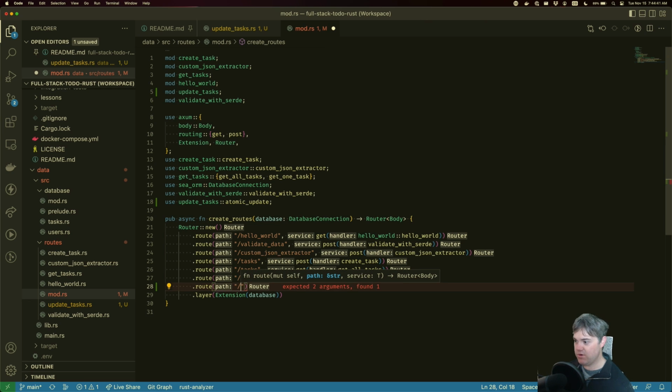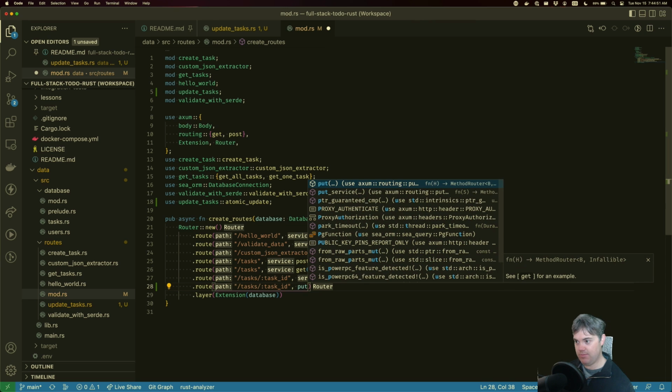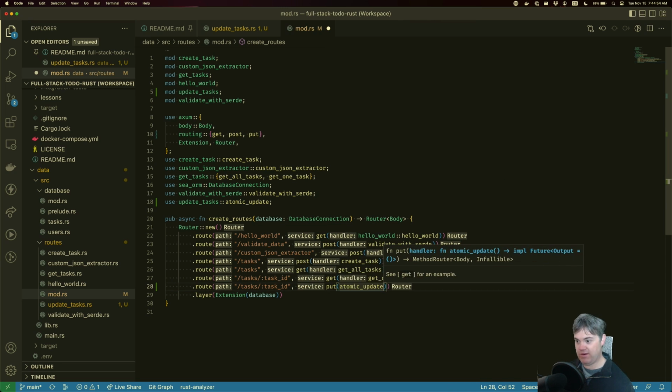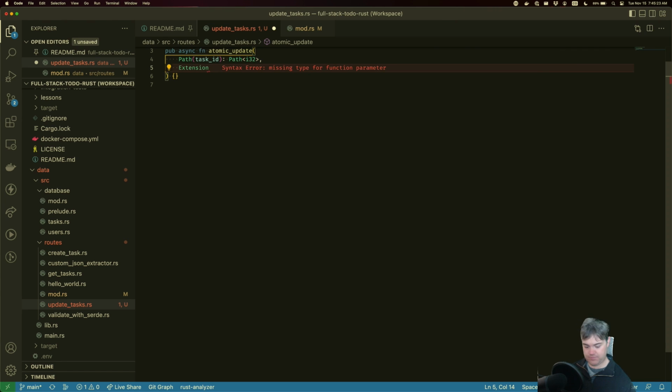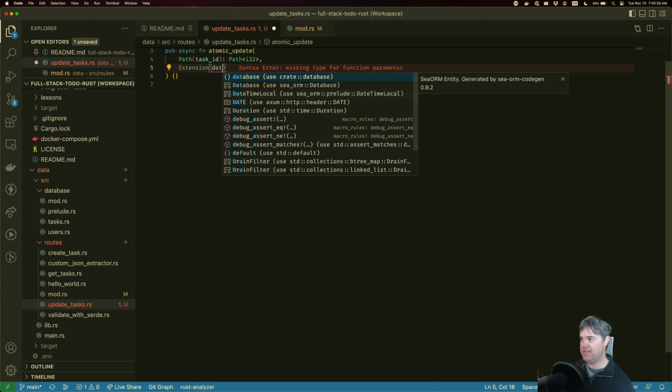All right, just like the other ones, we're going to start with just tasks. We do need to know which task we're updating, so we need the task ID, and then it's going to be a PUT to the route handler. This is fine to leave right here. Okay, now that we've created the route, let's figure out what we need in here. Well, we need the task ID, so that's going to be a path, and these are going to be i32s. We need that database connection, that's going to be an extension of a database